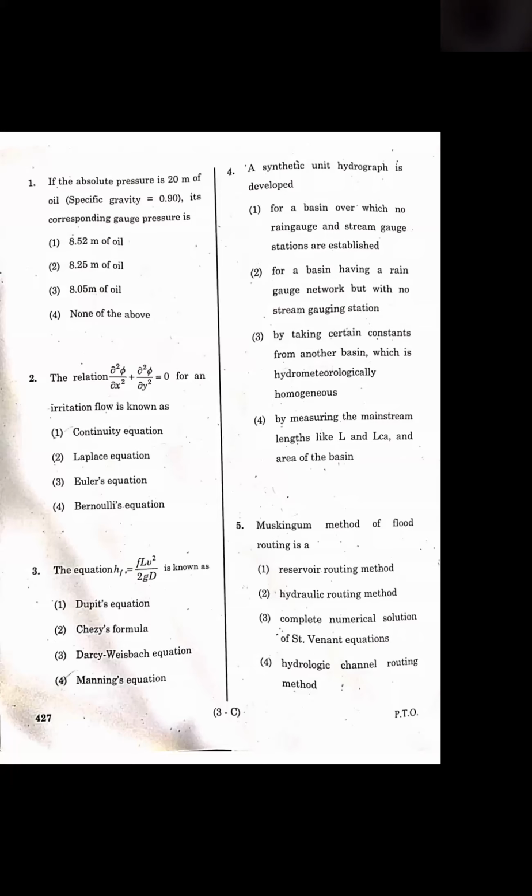Hello friends, today in this video I am going to solve a specific paper of Assistant Engineer Irrigation Department. Okay, the first question is, if the absolute pressure is 20 meter of oil, specific gravity 0.9, its corresponding gauge pressure is